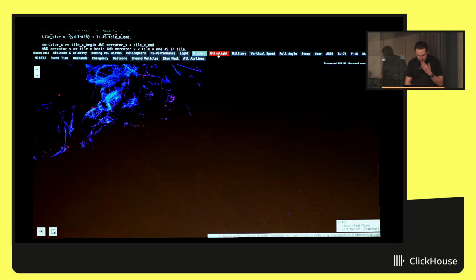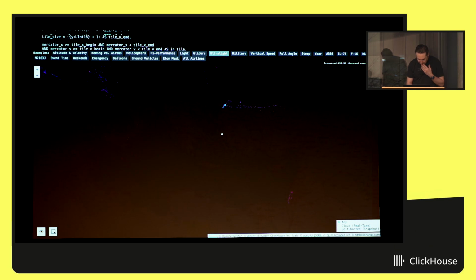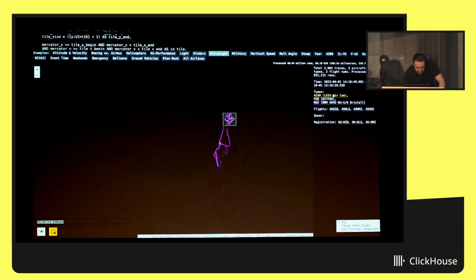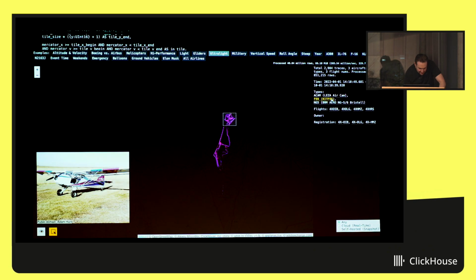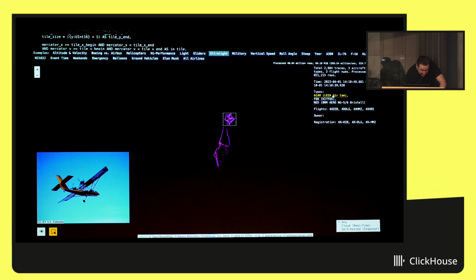Interesting if I switch to, do we have drones? I don't see it. Maybe ultralight. Different ultralights and transmitters. Yeah, interesting. Where are the drones? And if we go to Israel, we can see a lot of ultralights, not vehicles, planes. And let's take a look at what type of planes. Yeah. So this is probably not a drone, but this looks like